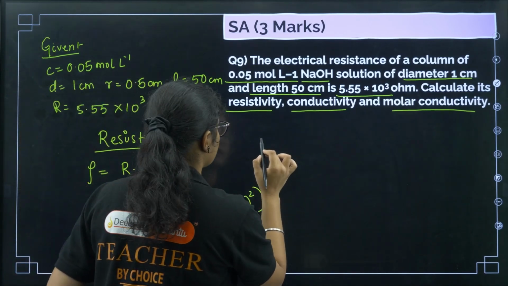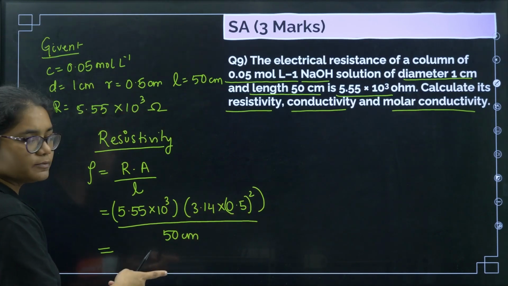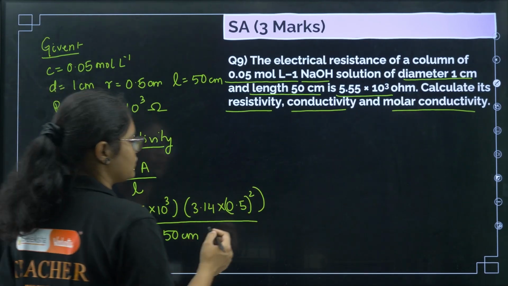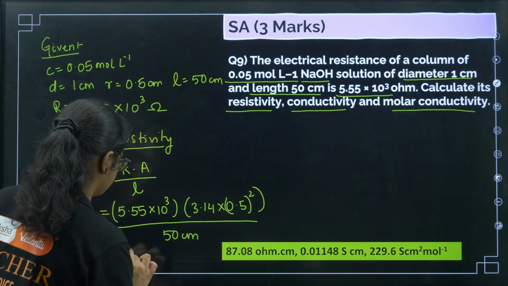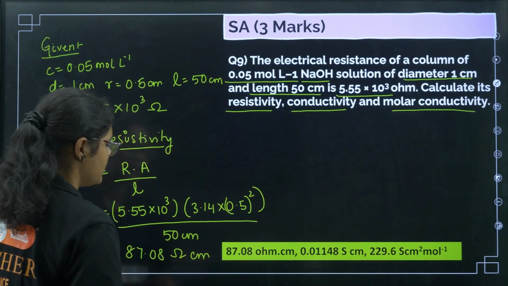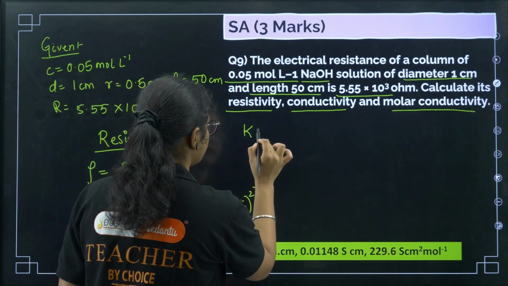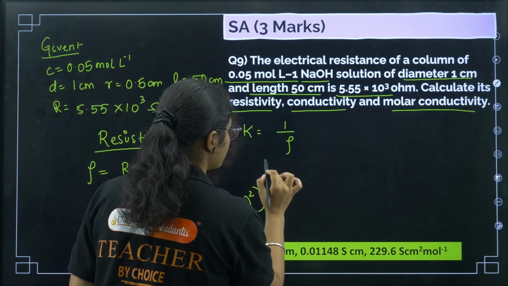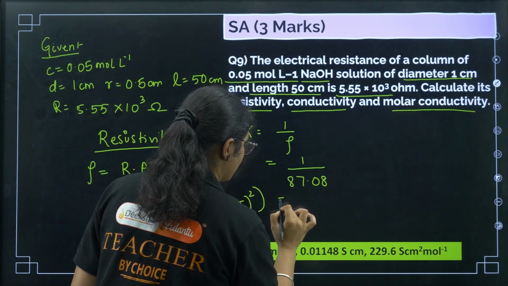Next we will go for conductivity. Conductivity is just the opposite of resistivity. If you solve this, we will be getting around 87.08 ohm centimeter. So this is your resistivity. Now for conductivity, kappa is 1 by rho. You can simply calculate 1 by 87.08 and that will give you